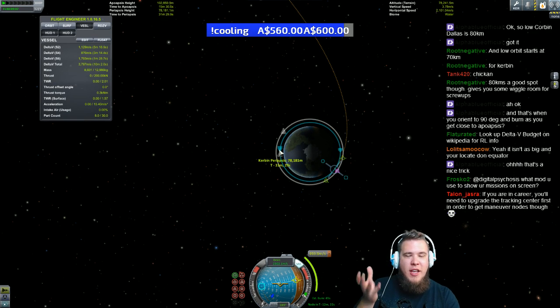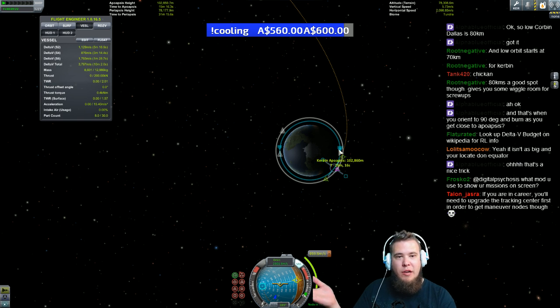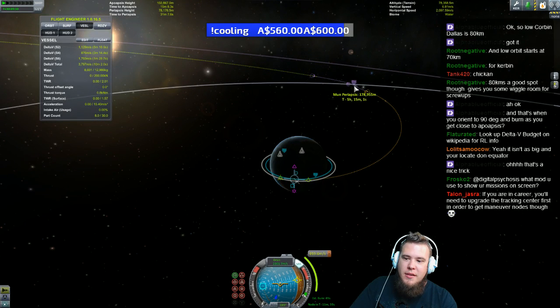Periapsis is the closest point in your orbit to the planet. Apoapsis is your furthest point away. As you can see, 78 kilometers above the ground and 102 kilometers above the ground. Your lowest point and your highest point. So what you really need to do, you grab this, you get your intercept,